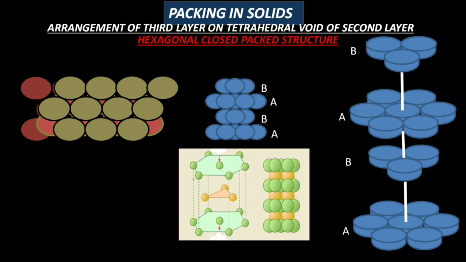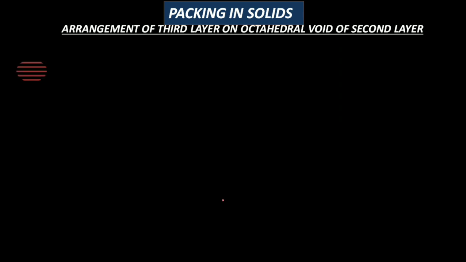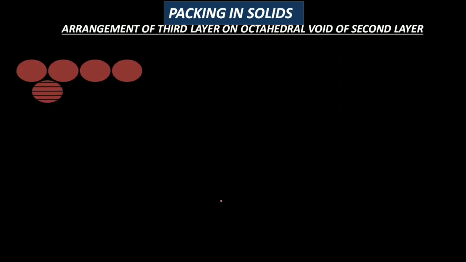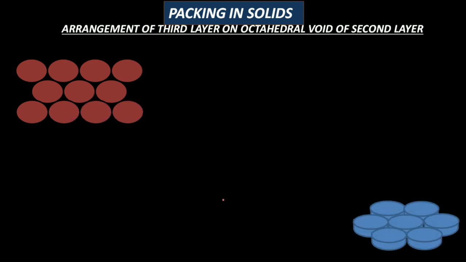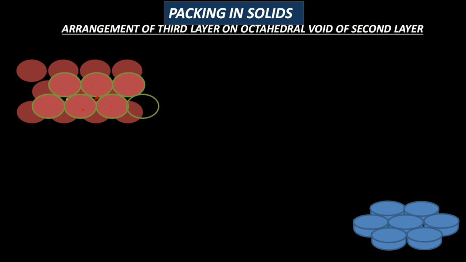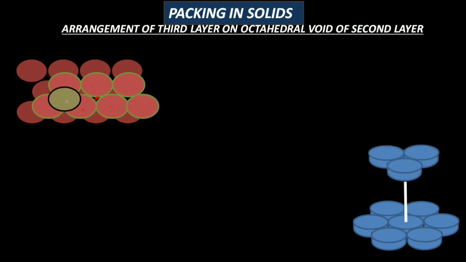So this is hexagonal close packing. Now you can see octahedral voids will be covered. ABC type of arrangement. See, this is a triangular void. Now it will form tetrahedral voids by covering the second layer, right? This is a tetrahedral void. But this is an octahedral void because 1, 2, 3, 4, 5, 6 are there, right? This is an octahedral void. Now you can see the third layer present on the octahedral voids like this. See, right? Very easy to understand.